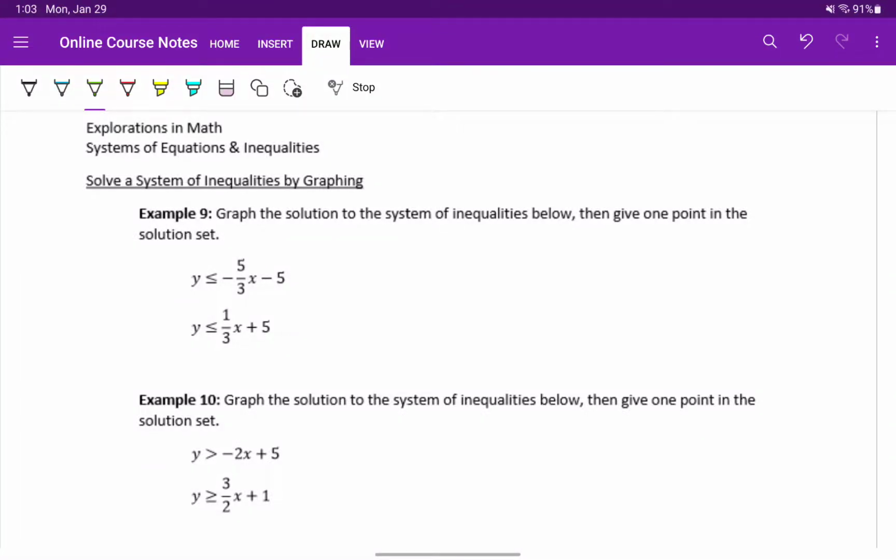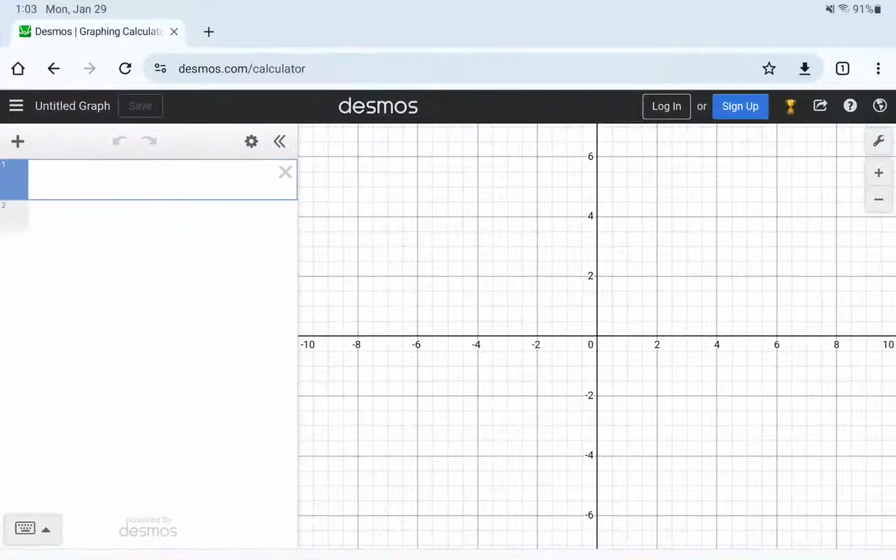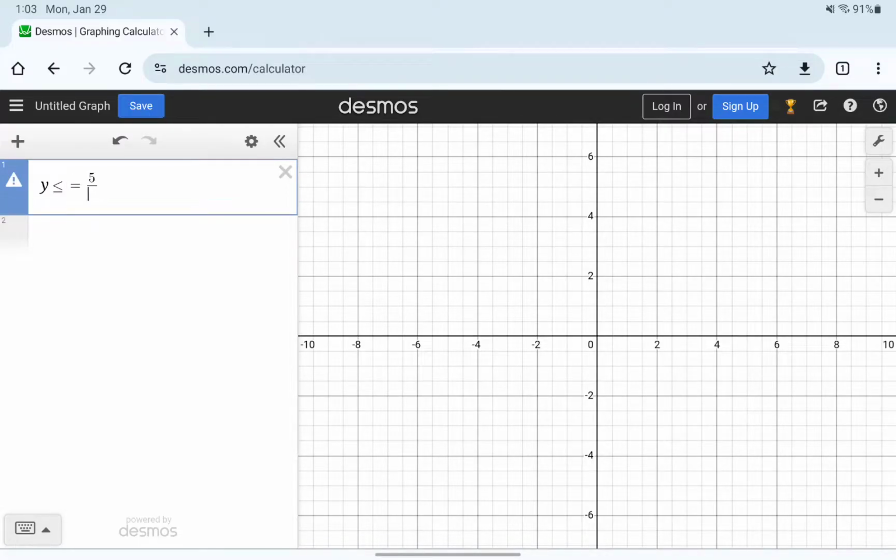In examples 9 and 10, we want to solve a system of inequalities. And again, we're going to be focusing on solving this system by graphing. To do that, we can flip back over to Desmos. And in example 9, we have y less than or equal to negative 5/3